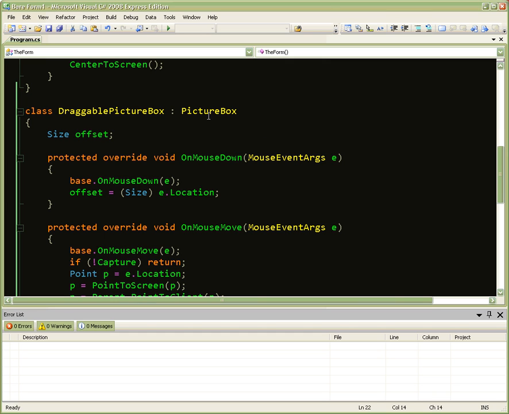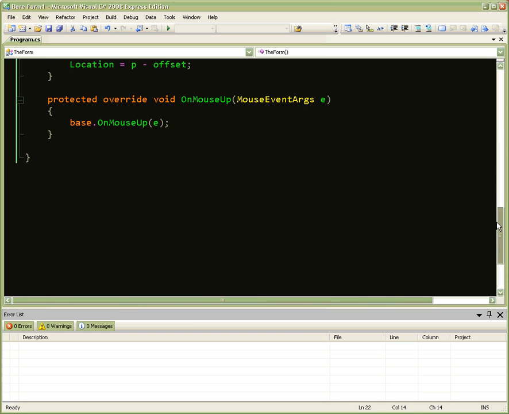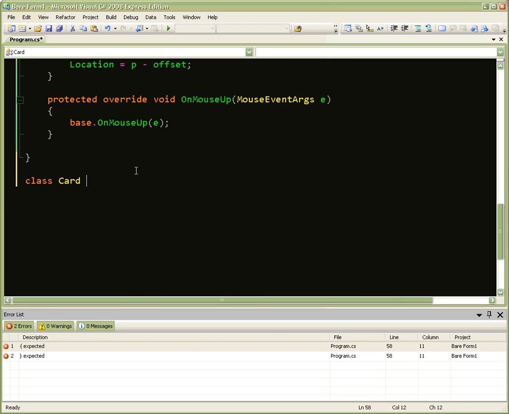Draggable picture box inherits everything from picturebox, which of course inherits stuff from control, which inherits from blah, which inherits from blah, all the way up to inheriting from object. Now let's make a class. I don't know if this is the way you'll structure things, but let's pretend it is, called card, for lack of a better name. And card will be a draggable picture box